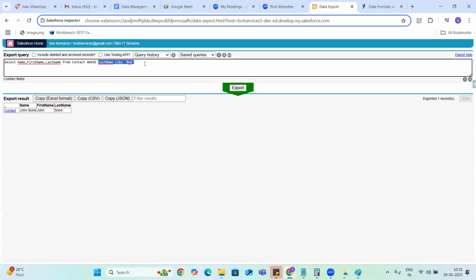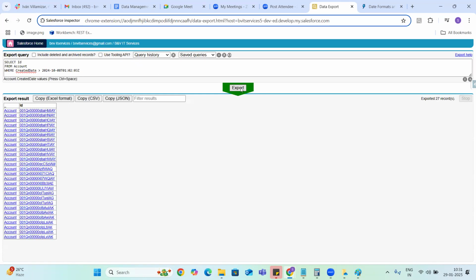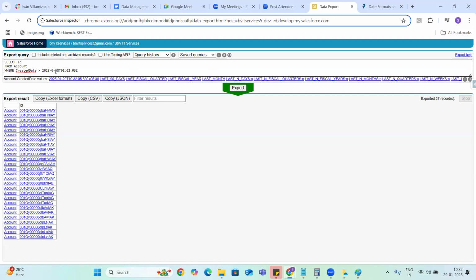So you can go to your export wizard. We are just trying to query all the accounts which are created after 2024. I just gave that. Click on export. So we got all our accounts. Let me check whether any account is created after January.